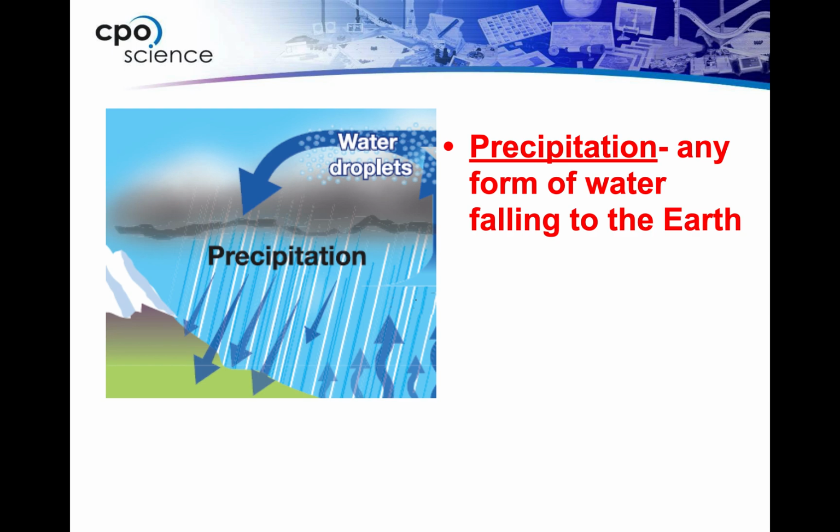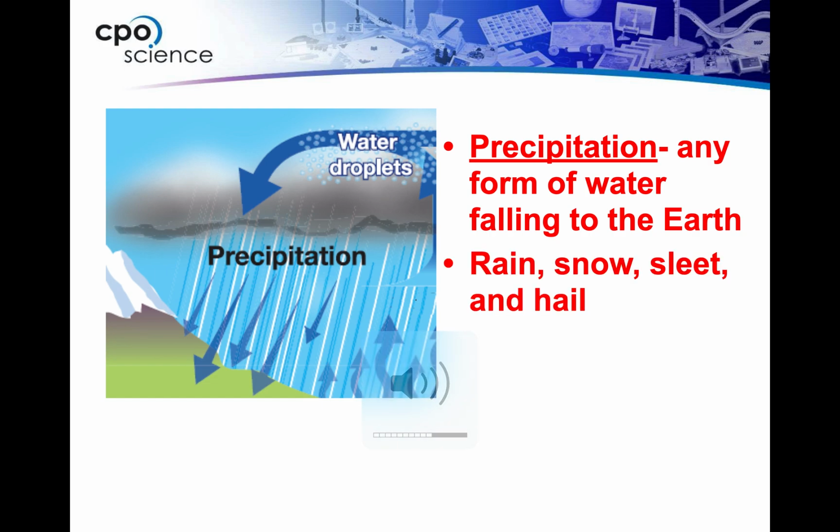Precipitation, one we're all really familiar with. So if you get enough water droplets in the atmosphere, you can form precipitation, any form of water falling to the earth. So that would be snow, rain, sleet, hail. Those are all forms of precipitation, and we get different types of precipitation based on the temperature outside. So if we're above 32 degrees Fahrenheit, we're going to be having rain. If we are below 32, we're going to have snow. And if we're right at 32, that's when we'll start to see those conditions of sleet.